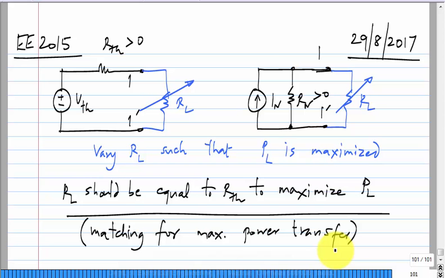It is also important not to confuse this with the other case where you have a fixed load and varying source resistance. There, of course, you minimize the source resistance. In this case, you have to set RTH equal to 0 to extract maximum power into RL, and similarly here you have to set RN equal to infinity to get all the current flowing in RL and maximize it. This is fine. So, this is the maximum power transfer condition. Any questions about this? The derivation is extremely simple. There are so many ways that you can do this.